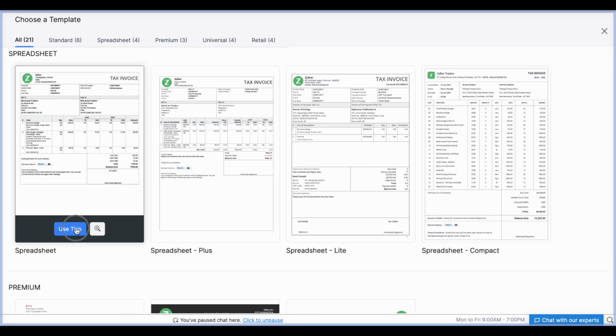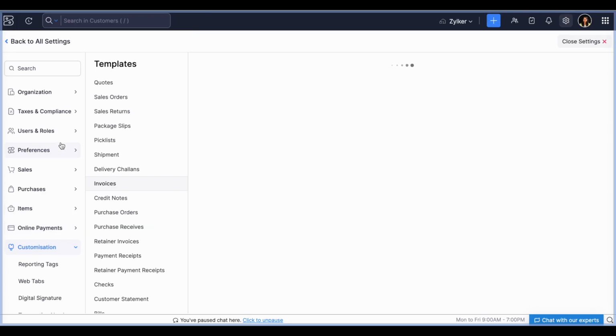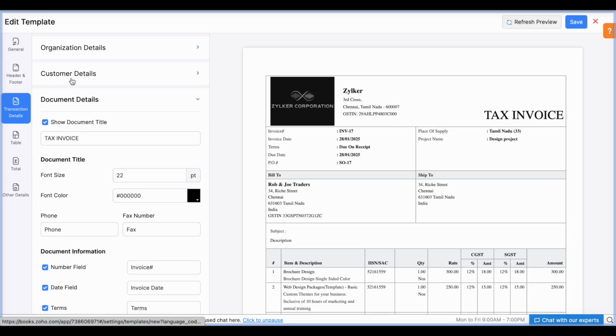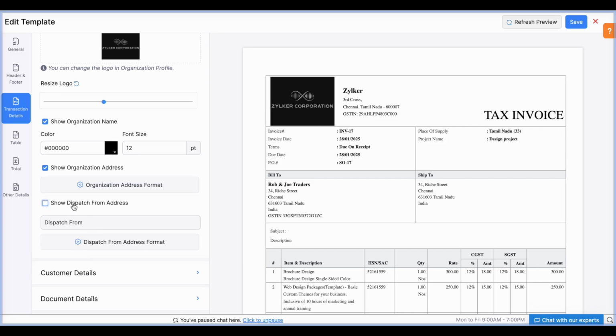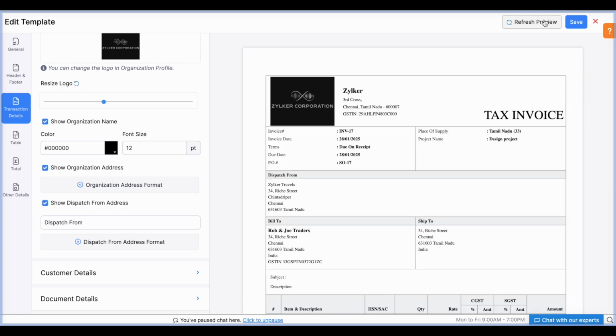To activate it, you can edit the spreadsheet template, and in transaction details under organization details, you will have an option to show the dispatch from address. Using this, the dispatch from address can be made available in the invoice PDF. We have also launched an e-invoice QR reader app.